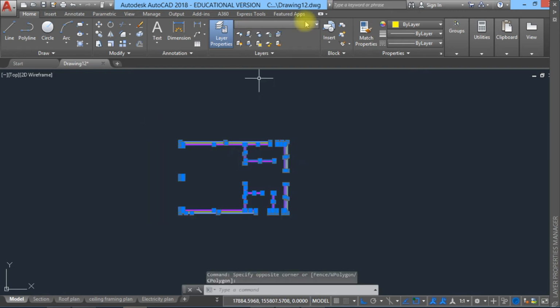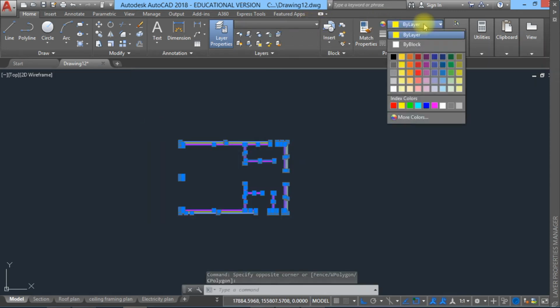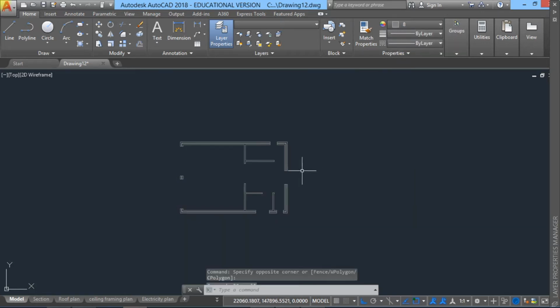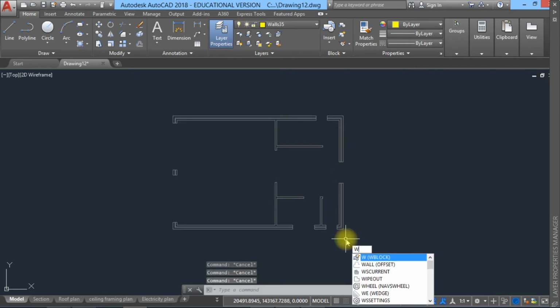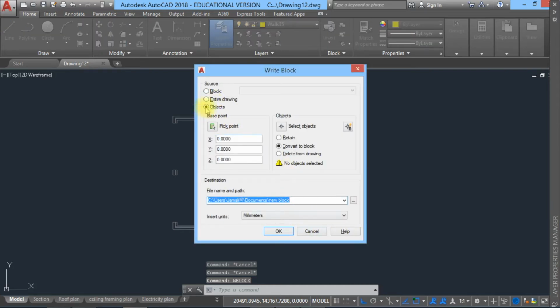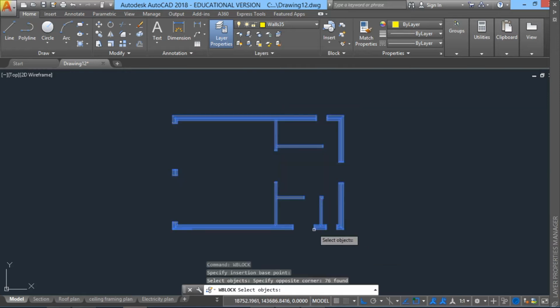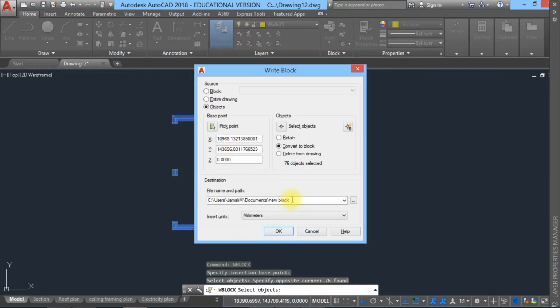In this stage, I would like to change the color of all of these layers to a very simple gray, and hereby I have the plan, but still it's coming in pieces. In this case, I'm going to write a block. It's going to be object, pick the point. Picking the point is going to be the point that the block is going to be loaded from. Select the object is going to be that object, and in this case I put